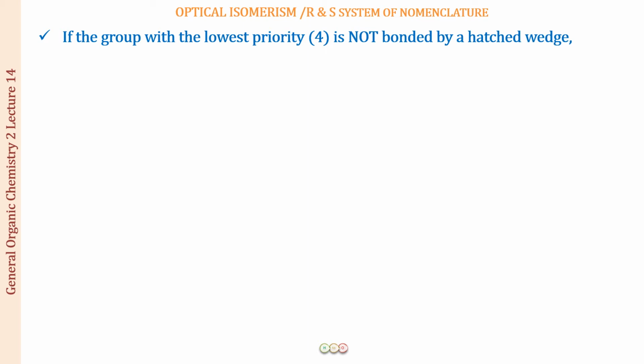Now the problem here is that most students do not understand how to orient the molecule in such a way that the lowest priority group is occupying the hash wedge. They generally make a mistake doing that. So I am going to tell you a very easy trick, and this trick is going to be helpful to get a 100% proper answer whether it is the R configuration or the S configuration.